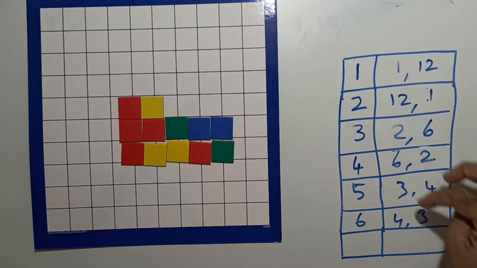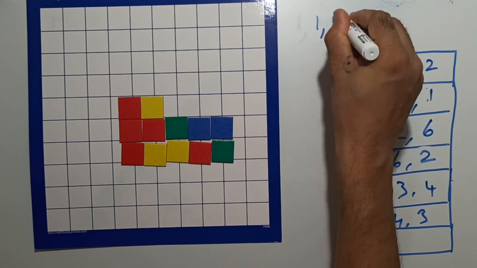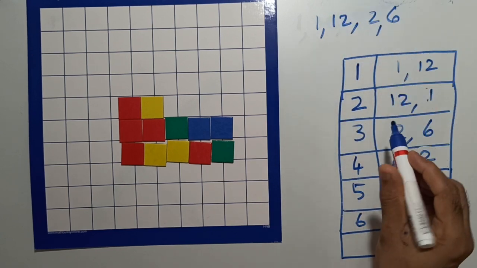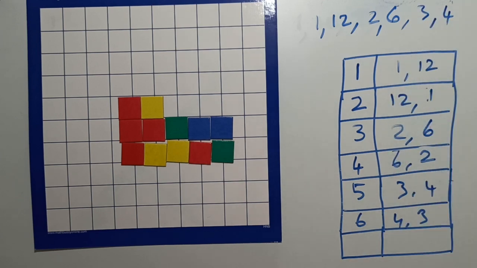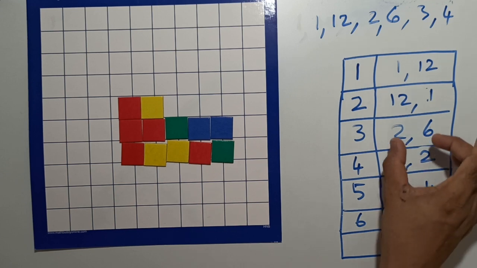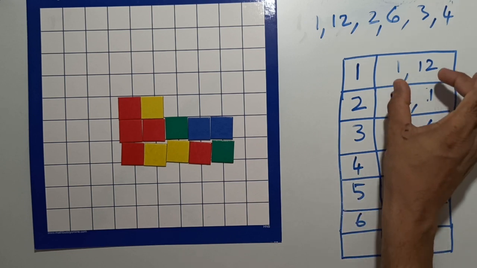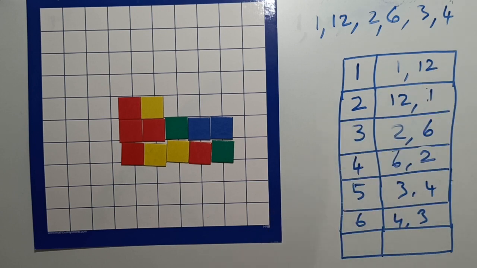Again, the numbers that we see here are called factors. So what are the factors? Look at the unique numbers that you have. So you have 1, 12, then you have 2, 6, and then you have 3, 4. One thing that you can also notice is when you multiply these factors in each of these cases, you will be getting the number 12 back. I'm sure you would have observed that already. The factors of the number 12 are all the unique numbers that you have: 1, 12, 2, 6, 3, 4.